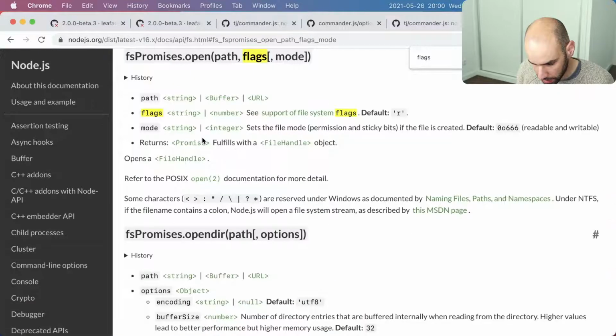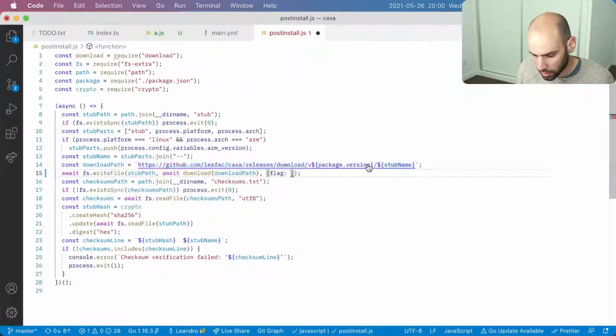Let's look at these flags. Default w. Oh, so this is the mode in which I am accessing the file. But what I want is the mode. Sets the file mode, permission, and sticky bits. Defaults to blah. But that's not what I want.